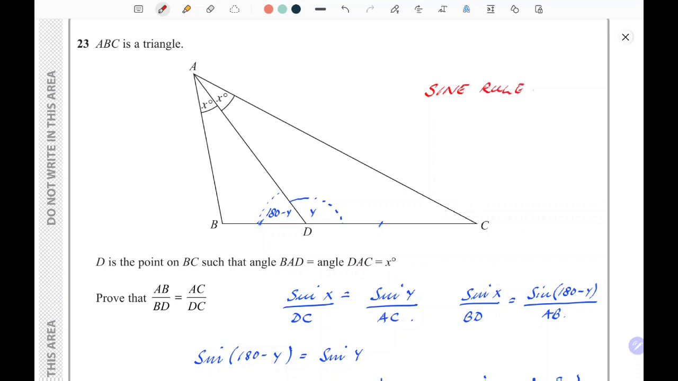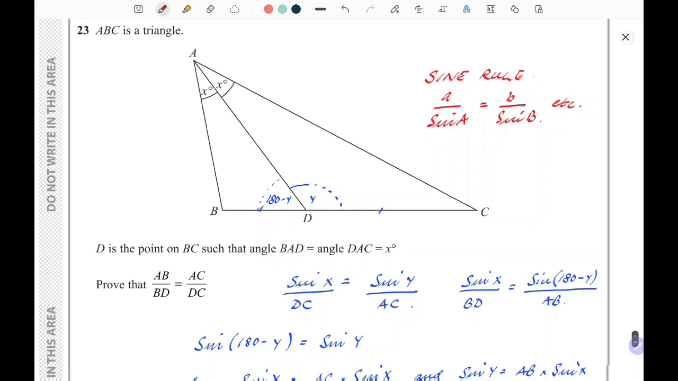For triangles, remember a over sine A equals b over sine B, etc. And you also need to know the rule where sine of an angle, call it x, equals sine of 180 minus x. All right. I'm not sure how many of you would remember that in an exam situation, but that is absolutely